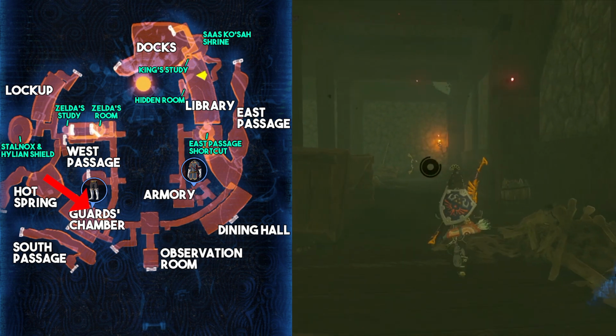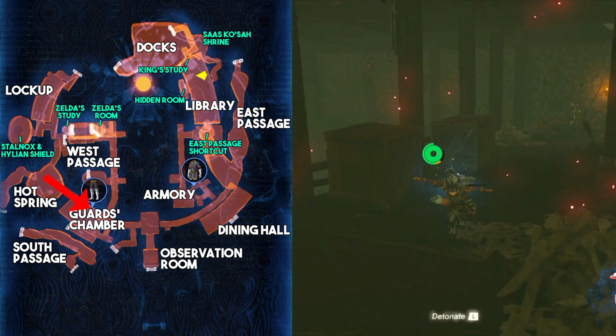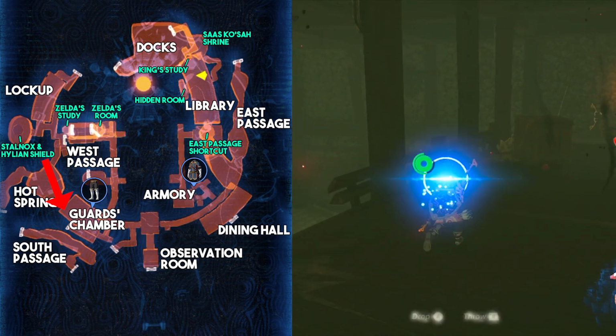I think just breaking the first explosive barrel and having it blow up all of them makes more sense in general, though, but then that costs a fire arrow. Or you could use a bomb, I guess. You could throw a bomb at them. That would also work. Now, next what you want to do is climb up onto the nearby platform